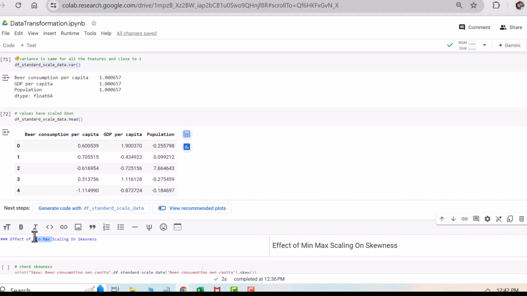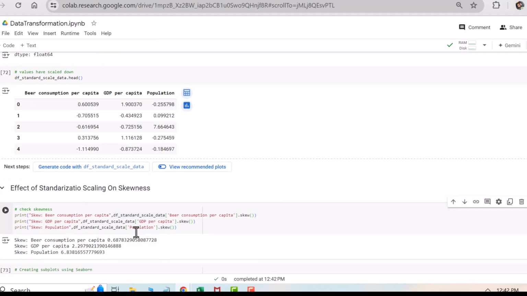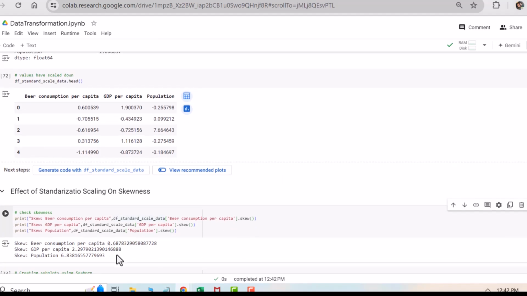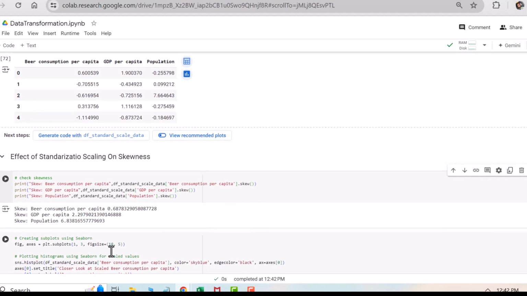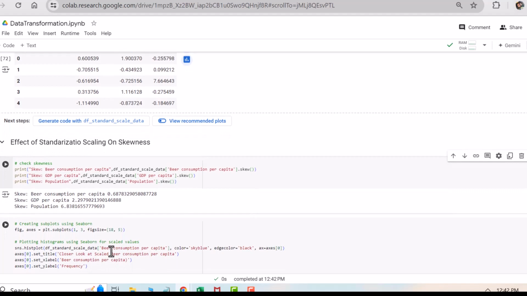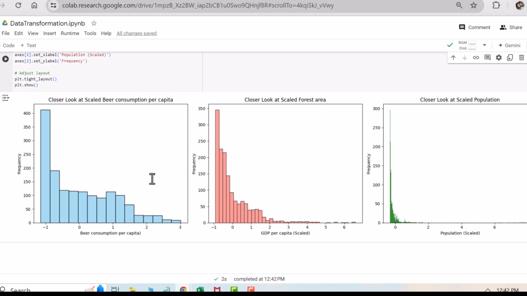standardization, okay? Standardization scaling. What we see if we print the value of skewness on standardized data is that the skewness is again the same. Again, standardization is not impacting or not addressing the problem of skewness. It's just helping with the scaling down of data, like min-max scaling, but it is not impacted by outliers. And we can confirm the same with the help of visualization, right? Skewness remains the same, but if we have a look at the values of the x-axis, they have reduced drastically or